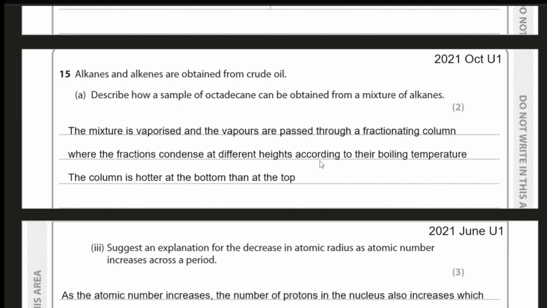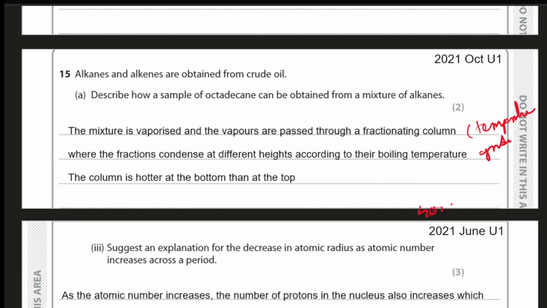Now, alkanes and alkenes are obtained from crude oil. Now, you have to describe how a sample of octadecane can be obtained from a mixture of alkanes. So, there are many ways you can do it. The first thing you have to do is vaporize the mixture and pass it through a fractionating column. And we know the fractionating column contains a temperature gradient